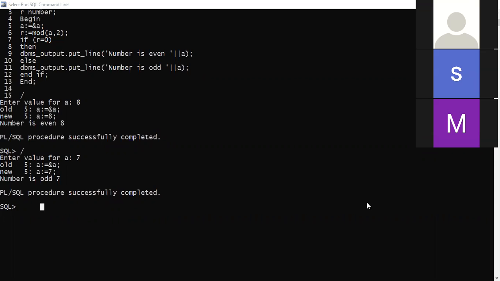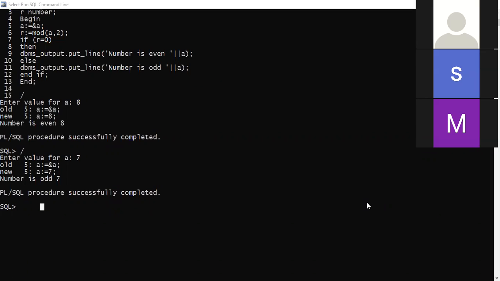Ma'am, before ending the session, quickly I will display one program on looping. There is one simple loop which is used as loop and exit. So there is a simple program here. We can even use a while loop, so first I'll show using a while loop.